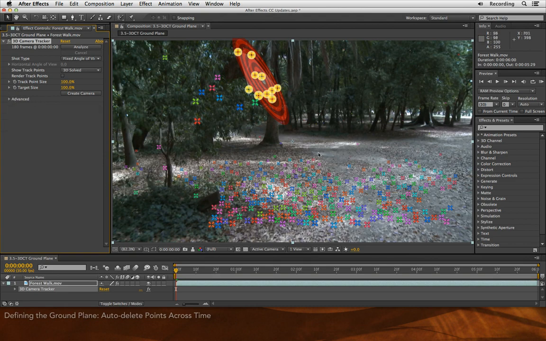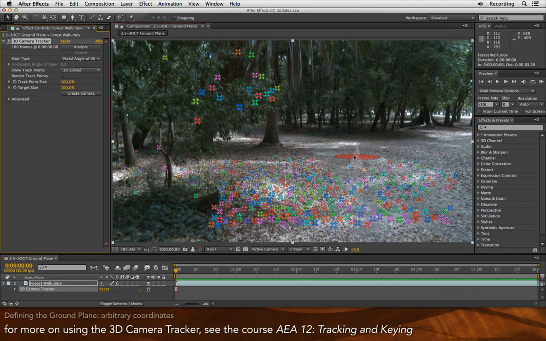But let me get on to this new feature. Now, one of the frustrating things about using the 3D camera tracker is it did not know where the ground was. I mean, you know where the ground is. You can look at a piece of footage like this and say, this is where the ground should be. These points are on the ground or very, very close to the ground because they're going to be offset by leaves, etc. But previously with the 3D camera tracker, if I was then to right-click on this nice little plane